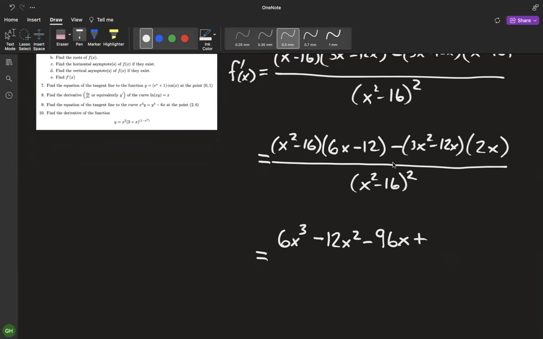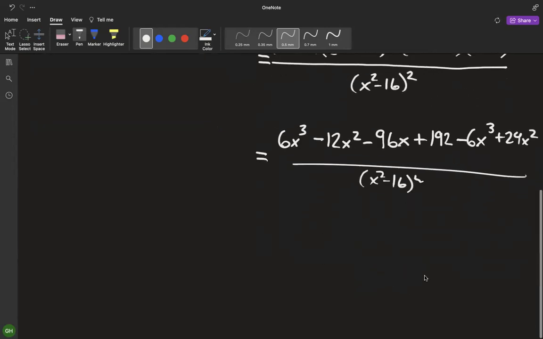In fact, I'm struggling to do 16 times 12 in my head. I know it's 160 plus 32, which is 192. And this is minus 6x cubed plus 24x squared, all over the same thing on bottom,